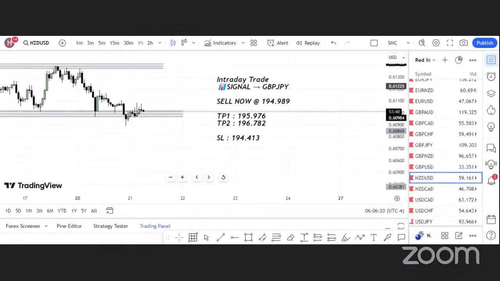When you fund your account, you'll be added to the premium group where I'll be providing signals. And then you also have a one-on-one session with me. So I believe this is a good opportunity for you to make money. I mean, Nigeria is very hard on everybody right now. So one source of income is not good. And I don't want to be the kind of tutor that just says and doesn't do. So if you fund your account, I'll add you to my premium group where I'll be giving you signals to